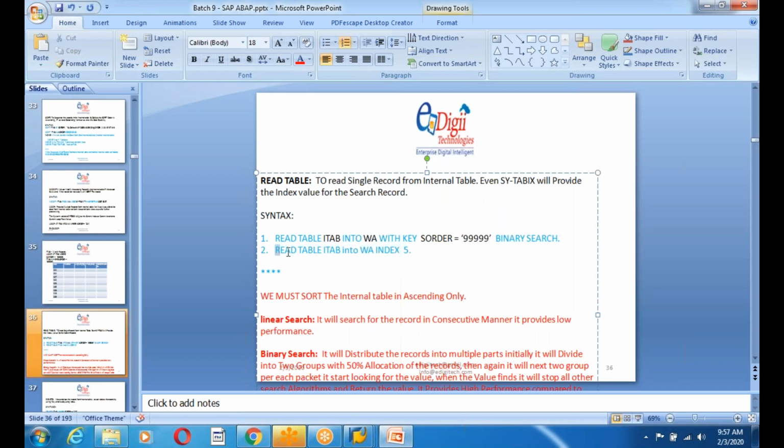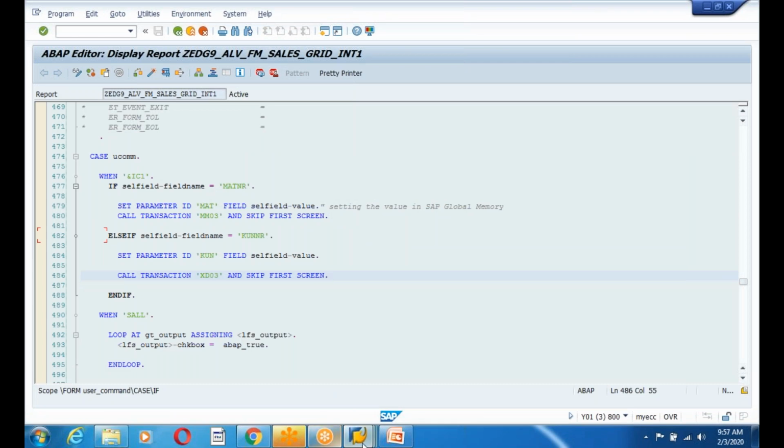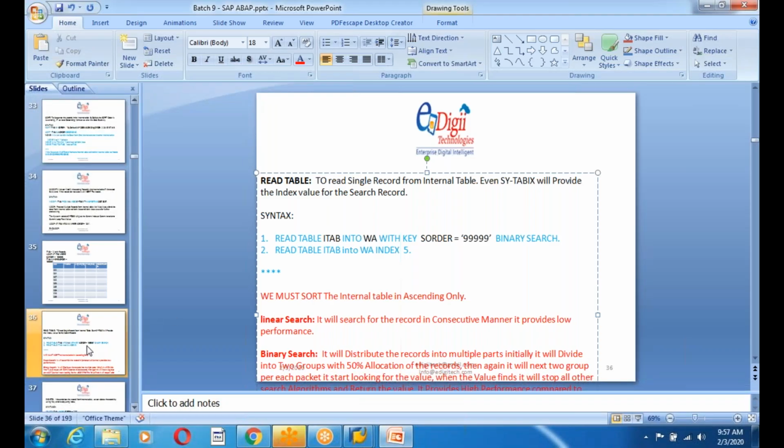You can read the internal table by using your row number. Row number is nothing but the index here. If I know the 10th record, I read the 10th record and get whatever values I want. This is the foundation. Foundations are very, very important, guys. So yes, if I know the column name and the row number, I can read this record, and whatever I would like to do with this record, I can do. So that's a method. So let's implement the interactiveness in the